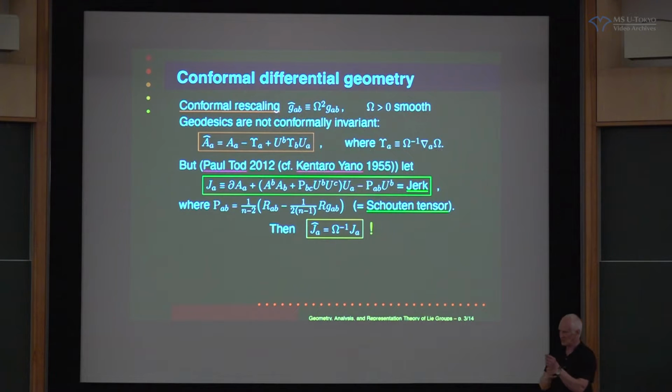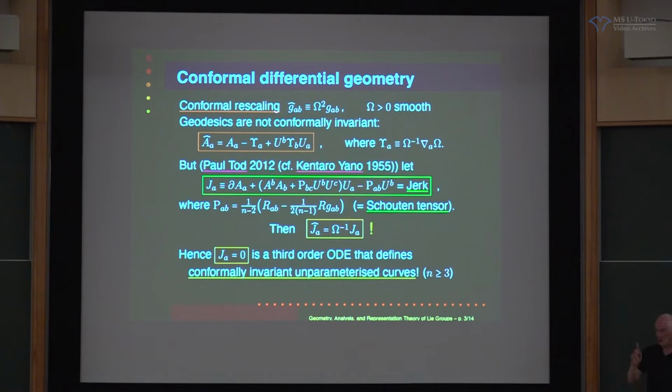And if you do this, even if you're pretty good at, I think I'm reasonably good at messing around with formulae and stuff, it still takes me a couple of hours to derive this from scratch, right? So it's a remarkable fact. But the consequence is this. If you specify that this thing be 0, then it doesn't see the scale at all, right? So this J being 0 is just as good as J hat being 0.